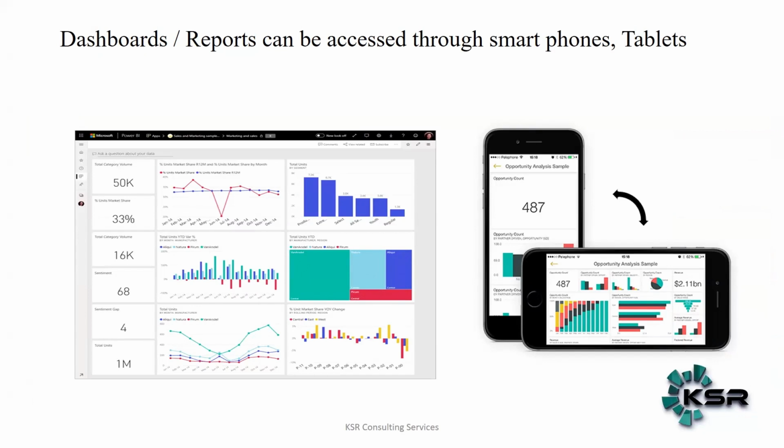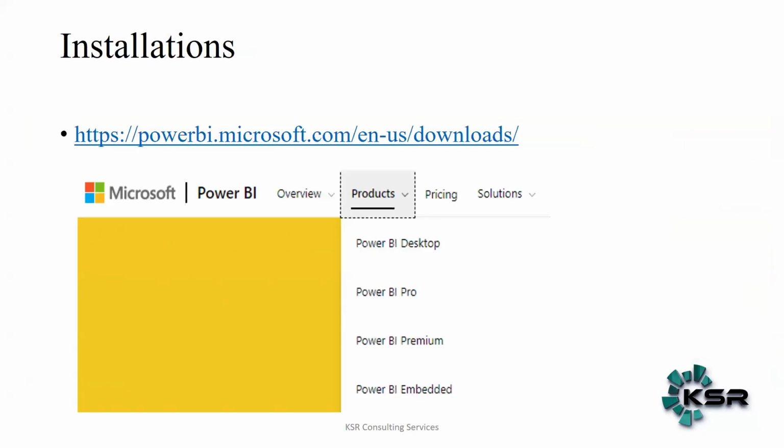Now, as I said, in order to build a report, you need a desktop. So we will see the installation. Okay. The installation is very, very, very difficult. Okay. Very difficult. You know what you need to do? You need to go back,